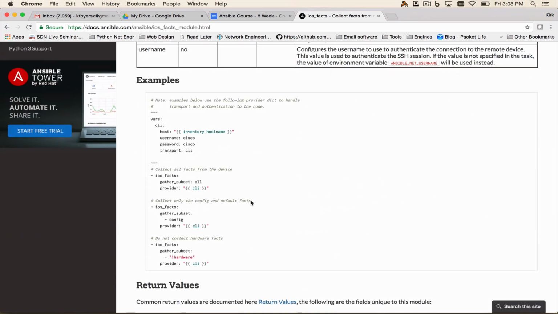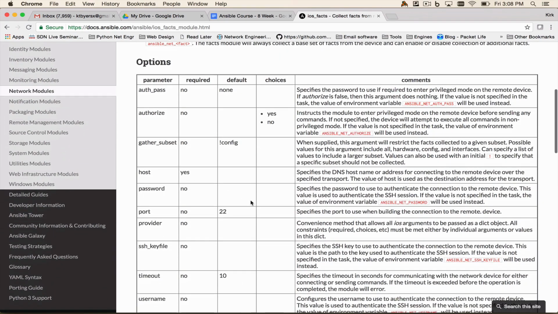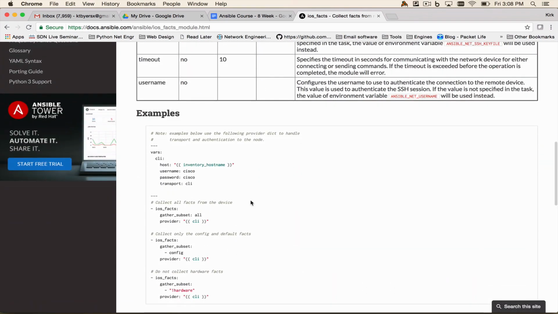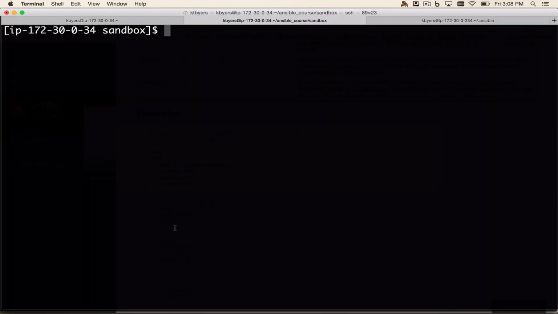Now, it is frequently helpful to look at some of the documentation for the modules and to look at an example of what the module arguments are. So here we can see a little bit of information about it. Let's go ahead and start constructing a playbook that uses this module. So we'll do ios